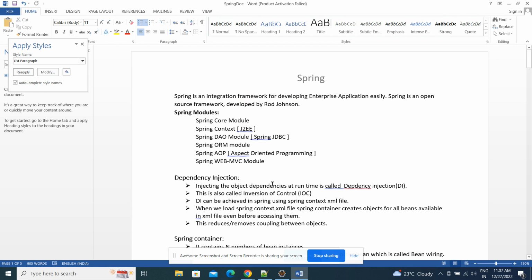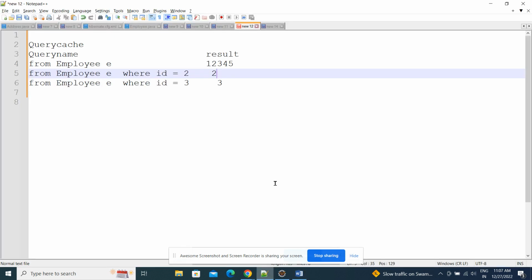So what is dependency injection? Normally Spring itself is called a container. Internally, it is a container; that we'll also see soon. What does dependency injection mean? Injecting the object dependencies. Let's say, for example,